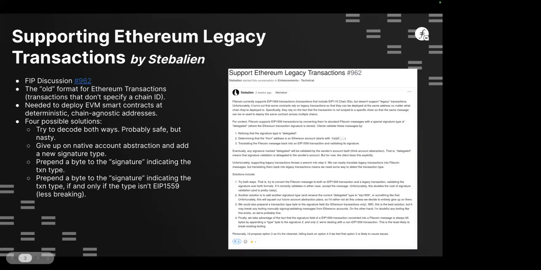And the idea was to validate these EIP 1559 transactions inside Ethereum account smart contracts, which I know is a bit of an oxymoron, but effectively we want to put code inside these Ethereum accounts and have them validate their own messages. At the end of the day, we never implemented that, and instead Lotus just validates transactions coming